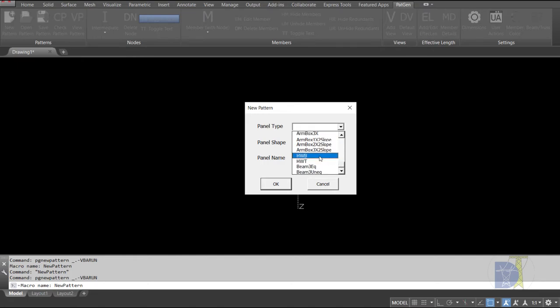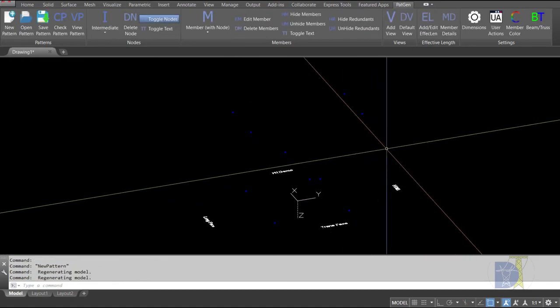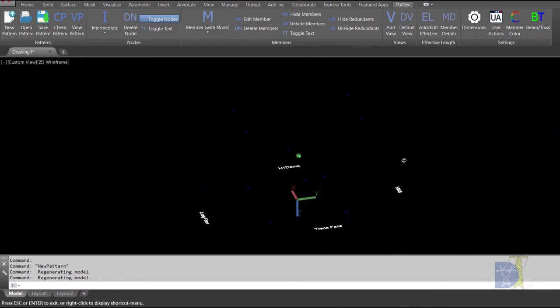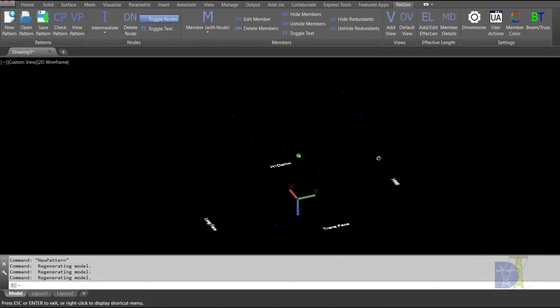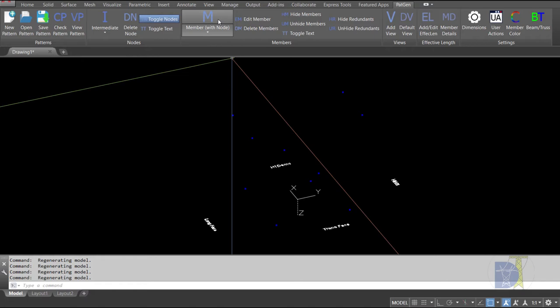Let me quickly open the horizontal window bottom panel type and name it as H1 demo. You can also observe that the basic strategic nodes from which you will start to create the rest of the panel are displayed in blue color for easy identification, and all the other nodes will be displayed as white as usual. Using these strategic nodes, the user can create the rest of the horizontal window bottom panel.